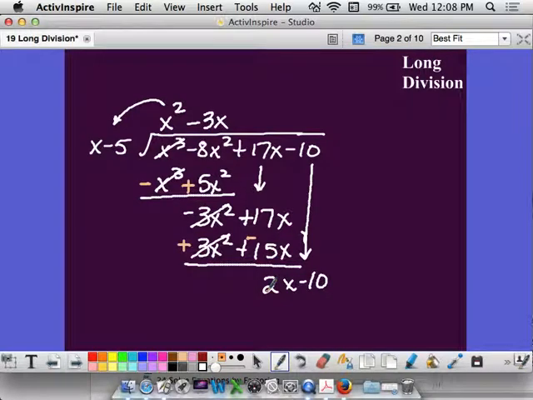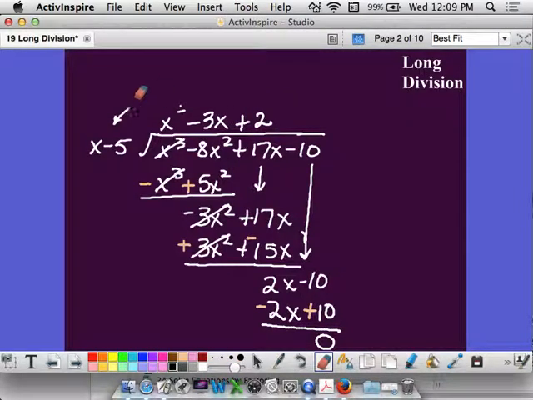So I've added those together. I start over. What times x gives me 2x? It's going to be a positive 2. So I have that plus 2 here. 2 times x is 2x. 2 times negative 5 is negative 10. Draw the line, change both signs, and what happens in this case, both cancel, and I have no remainder. So this trinomial here turns out to be my answer. So this trinomial here, let me get all this cleaned up,